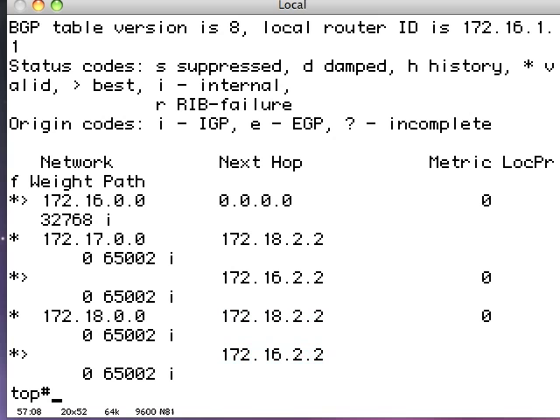So when dealing with old versions of IOS on remote routers, the soft reconfiguration inbound command is useful because it enables soft reconfiguration, which means you can make BGP filtering changes in a non-impacting way. But when you first configure it, it has to do a hard reset on the BGP neighbor. That's because the soft reconfiguration inbound command saves the BGP advertisements that you've received. But it can't go back in time and save the advertisements you received yesterday. It has to clear the BGP neighbor in a hard way, re-receive all the advertisements, and while it's doing that,